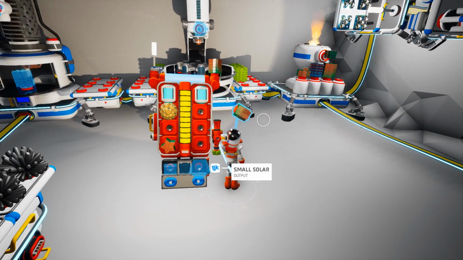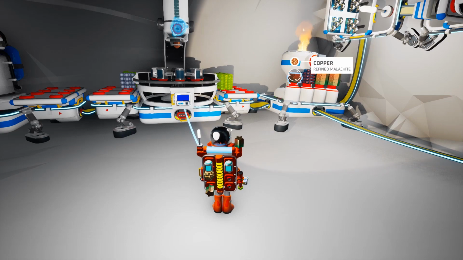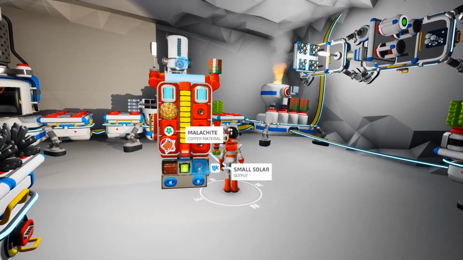That is for the thruster that I'm going to make. We will get this bit of copper done here. There we go. And then we'll grab this aluminum, and then that will give me the thruster, and then we'll start making some solar panels as well. I just want to grab this when it's done so that I can put this other